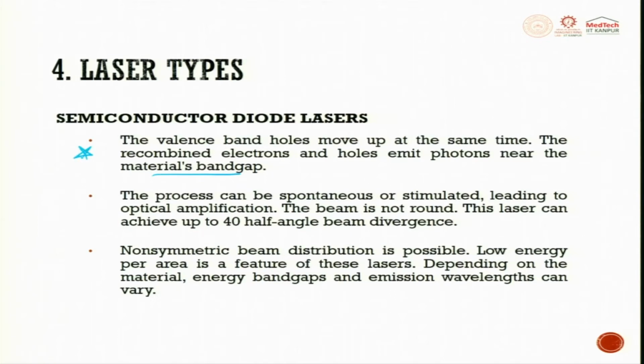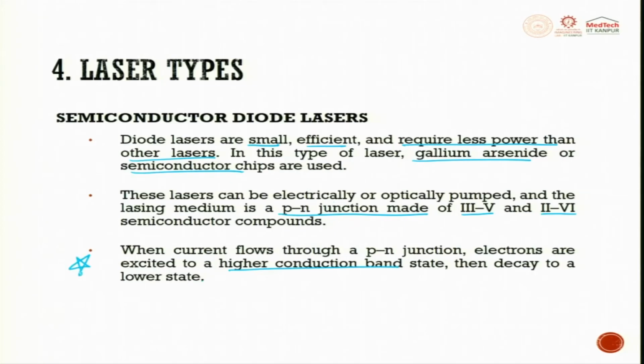This is an important point. The previous one is also important. This is also important. When a current flows through a PN junction, electrons are excited to a higher conduction band